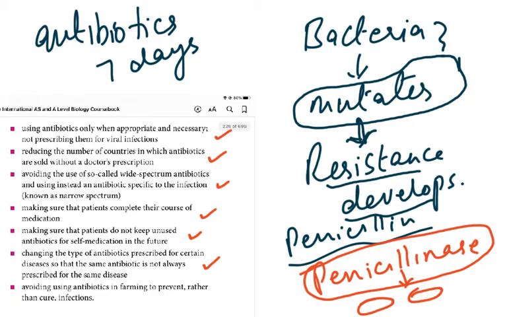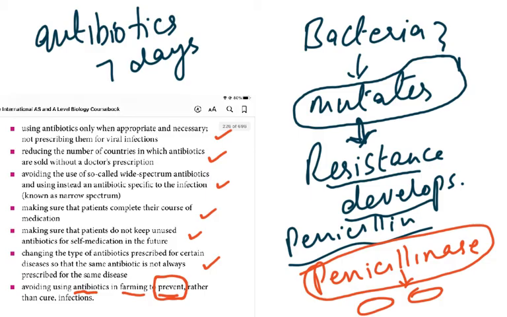Then farmers use antibiotics to prevent diseases. Like, for instance, they have a poultry farm and they have lots and lots of little chickens growing, and they give antibiotics in their food so they do not develop diseases. Now, that's not a very good idea. So, for prevention, giving it during farming is not a very good idea. It should be only given when we want to cure an infection which the animals are suffering from. So, these are some of the points that we need to consider to help in not developing antibiotic